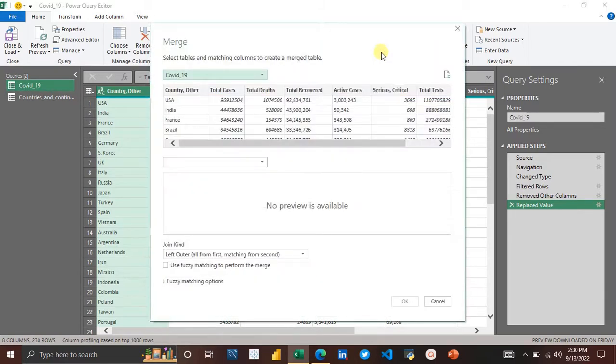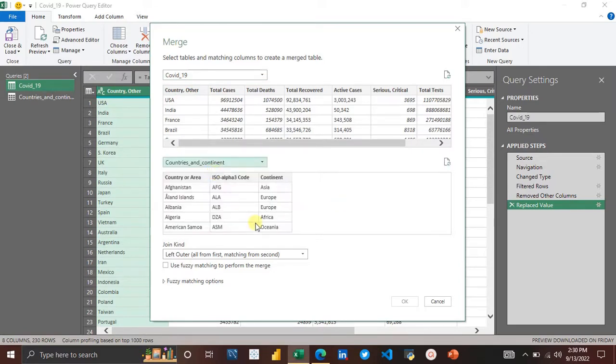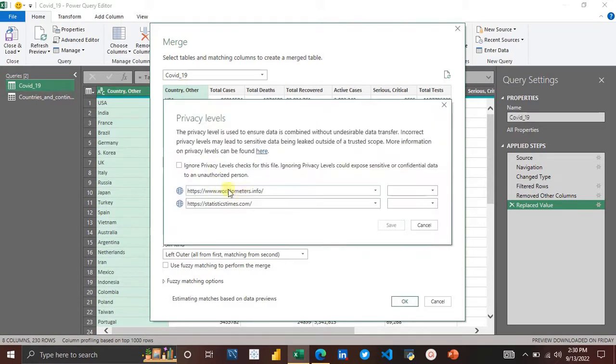When you select merge queries as new, you come to these settings. Our primary table, or the left table, can be anything, but let's make our left table the COVID-19 table, then the secondary table to be countries and continents. Now, what is the matching column? Our matching column will be countries here, then countries here. Now,